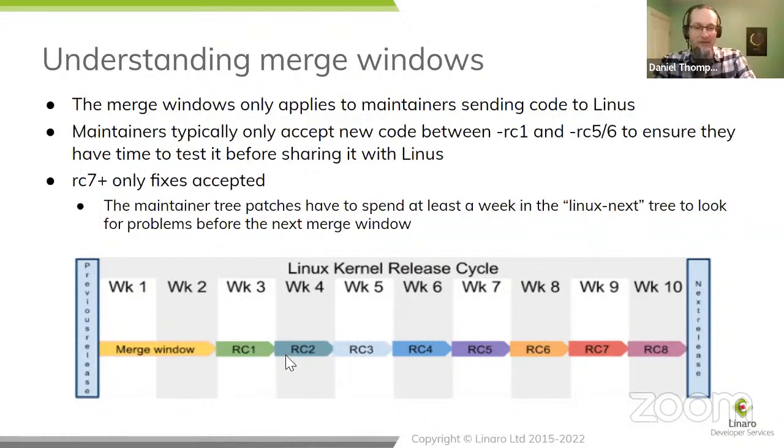So anything that is a bug fix or fixes a regression or anything like that can be supplied to the kernel in the release, anywhere: merge window, release candidate, right the way up, any time in this interval. But new features, basically, if you can't get agreement from the maintainer to merge in that feature by around about RC6, you will have to wait for the next kernel cycle, 10 weeks after that. So I hope that makes sense.